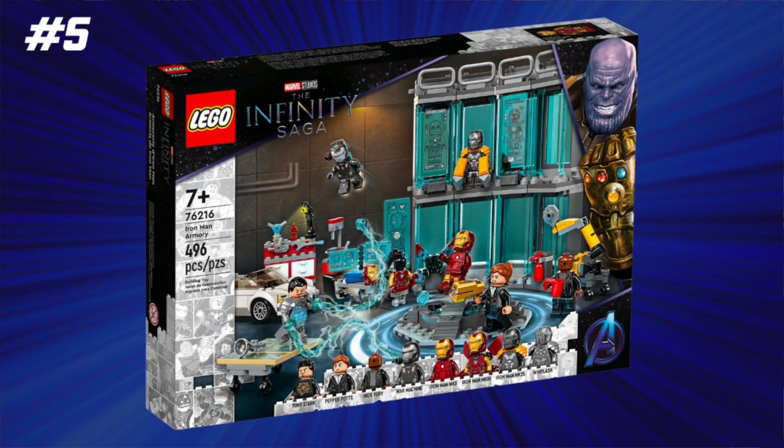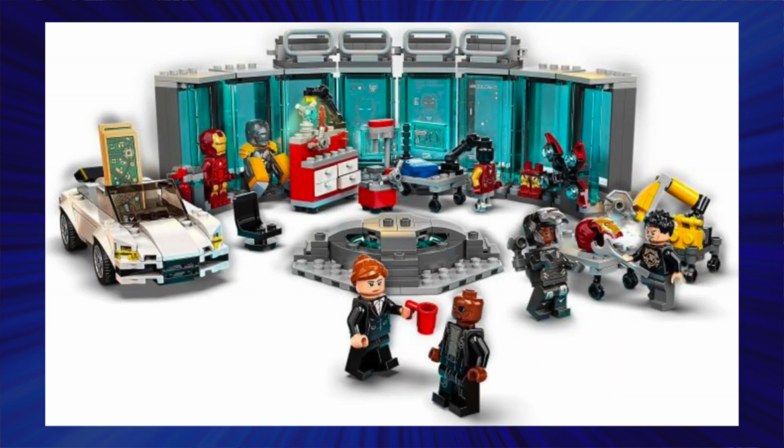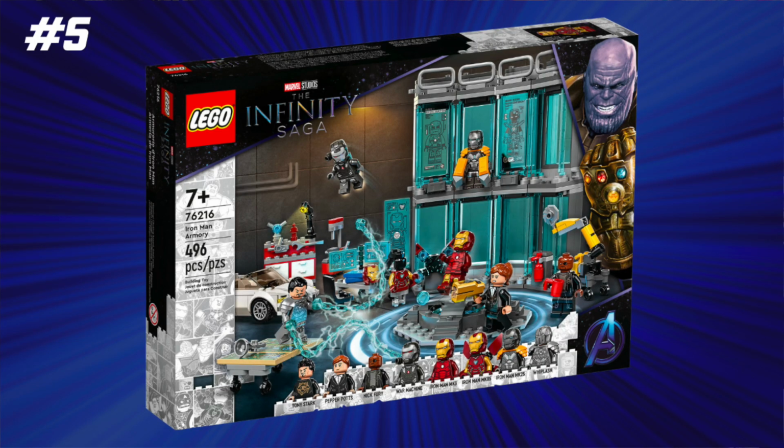Alright, we're at the halfway point, and that takes us to the Iron Man Armory from 2022. This was a pretty big set at $90, but it only had 496 pieces and 8 minifigs, many of which were exclusive Iron Man characters, but the price per piece ratio still comes out to about 18 cents. Now here's the thing, guys, because of all the Iron Man armors in this, and because of the way that you could buy multiples of this and build your own Hall of Armor,